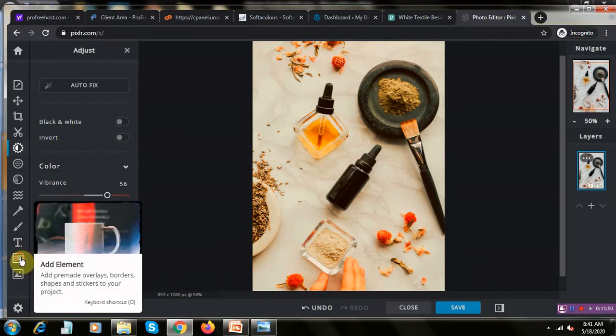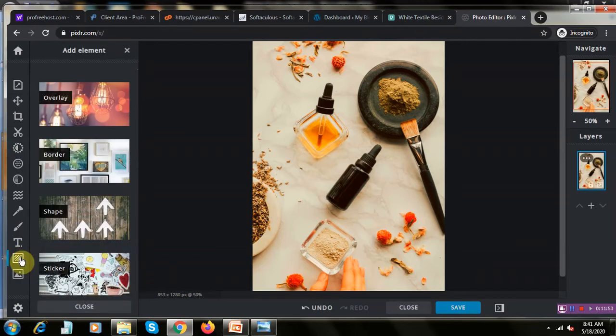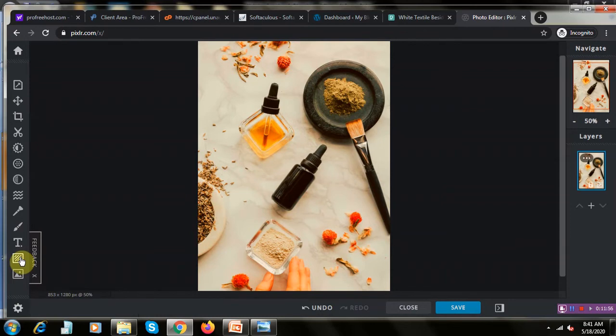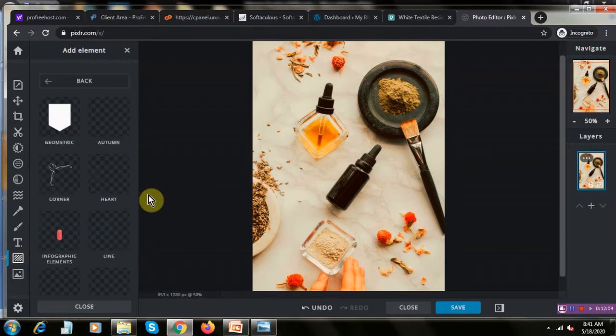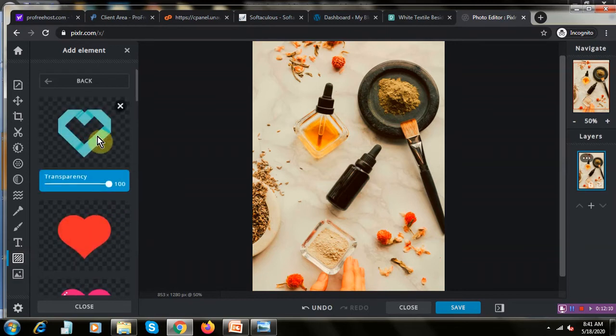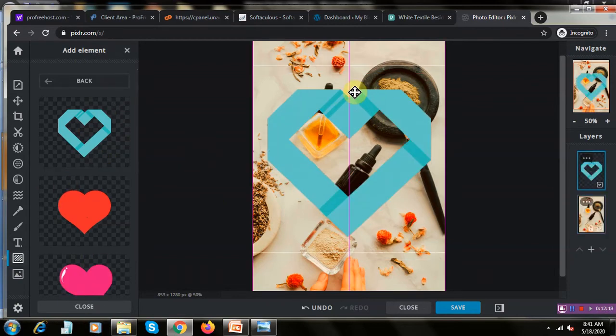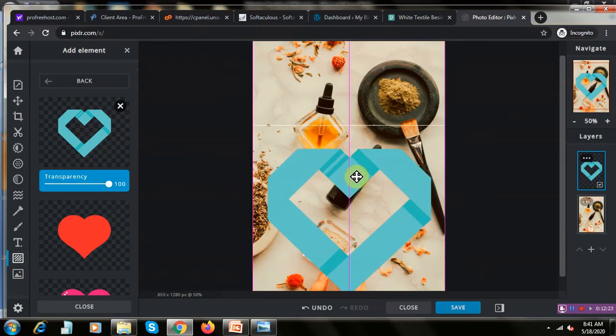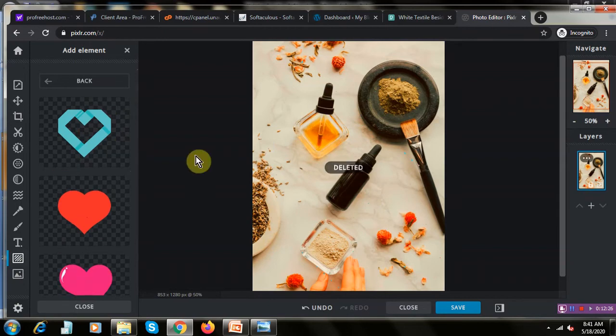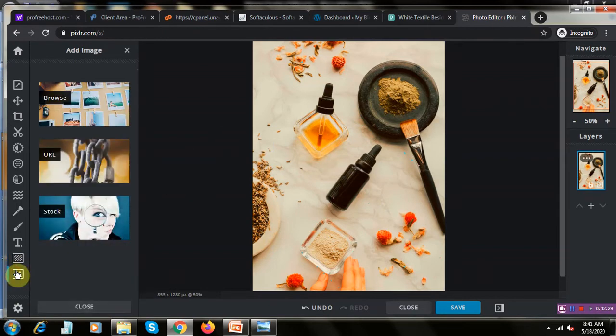And the most important thing, if you wanted to add an element, or that's a sticker kind, you can go ahead and add it. See, these are the available stickers, where if you want to overlay, there are a few things that you can, like heart. I'm just using it for the purpose. Yeah, can you see this here? Now it has come in. If you wanted to do anything like this also, you can do it. It is not a problem. So I do not want it, I have deleted it.